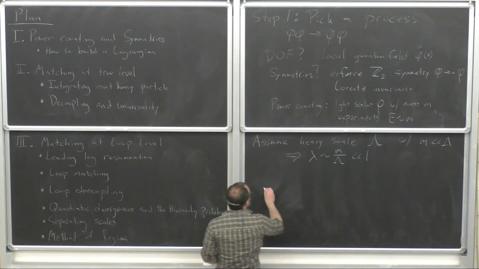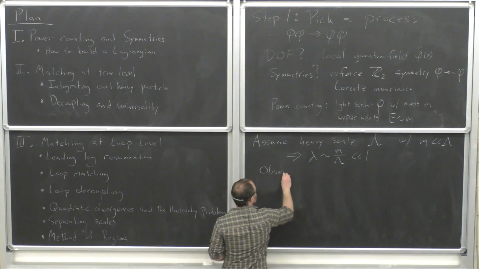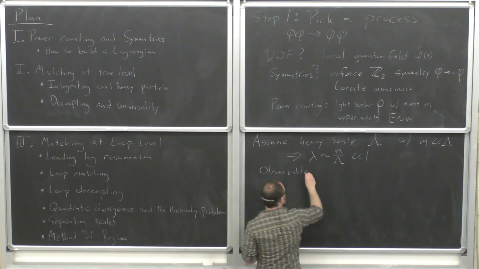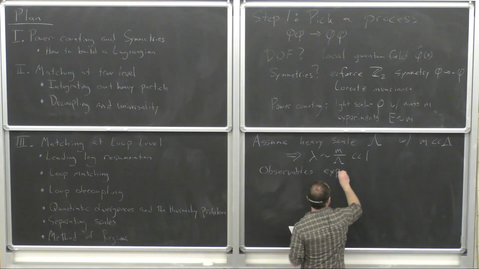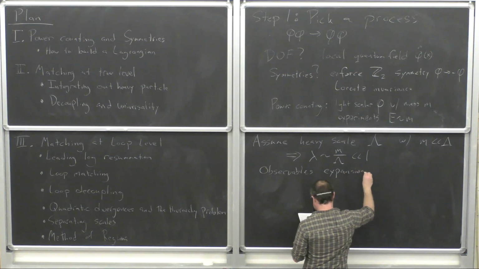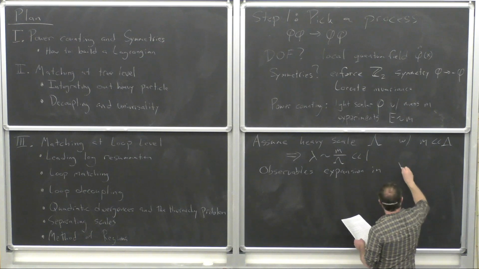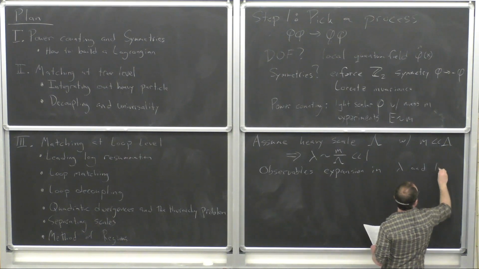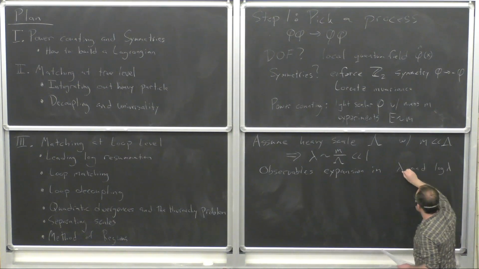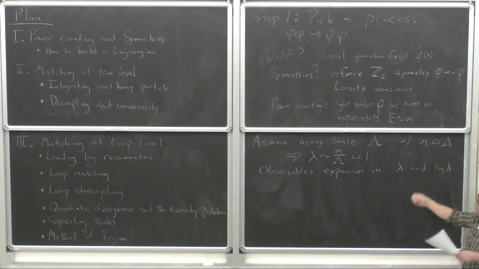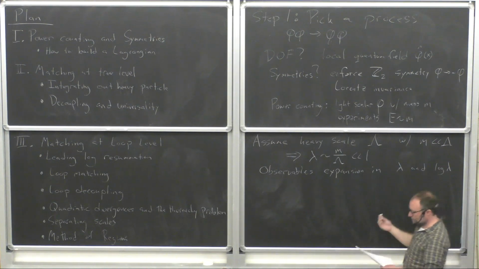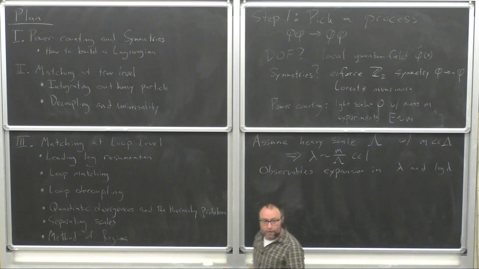And the claim is my observables are an expansion in lambda and log lambda. Okay, where again, log lambda, I mean in principle at higher loops, polylogs, and so on. Okay. Now,